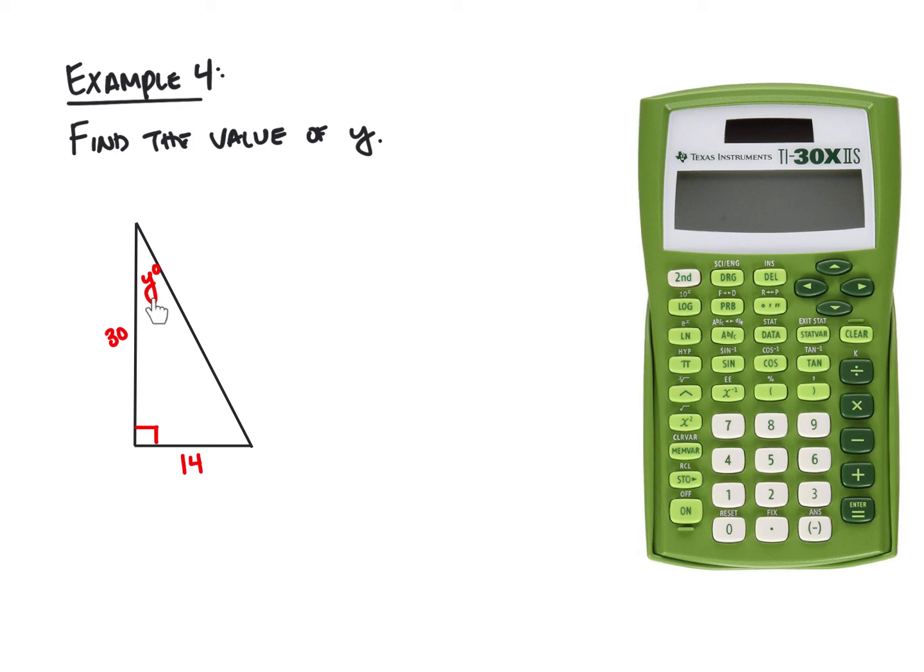So let's look at what we can say about angle y, the angle that has y degree measurement. First, I'm going to label the parts of my triangle. I know that this side here is the hypotenuse. From the perspective of the y degree angle, this 14 is the opposite leg, and this 30 is the adjacent leg. So now I think about SOHCAHTOA,